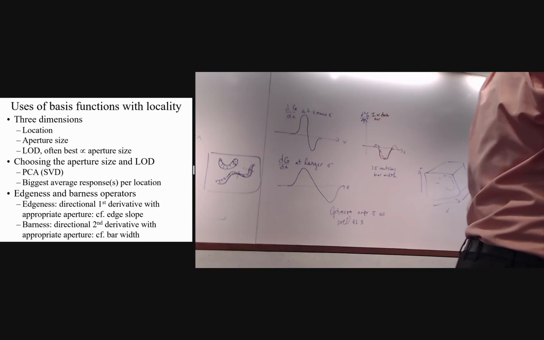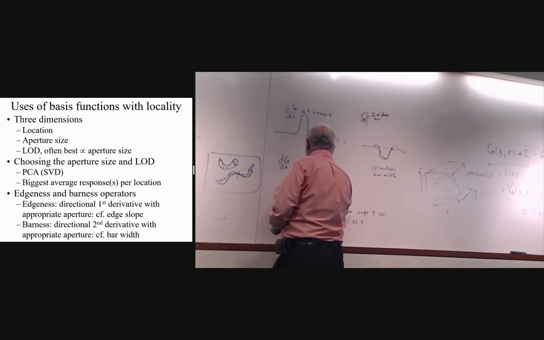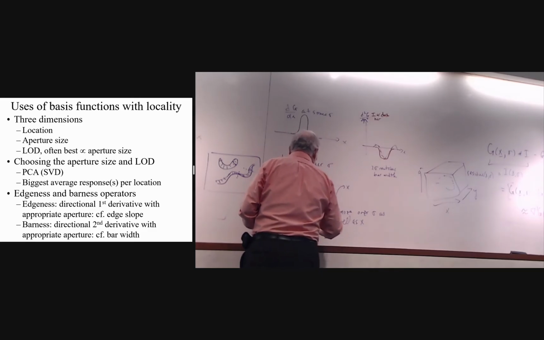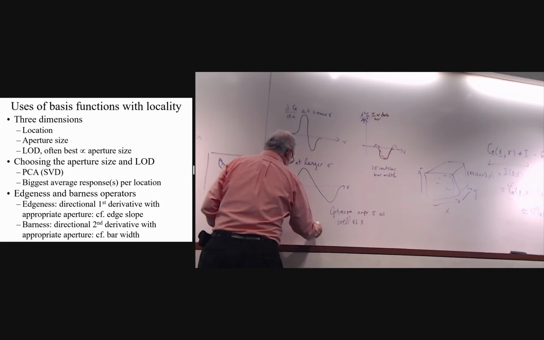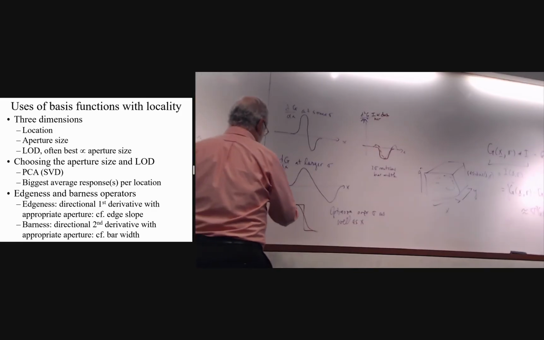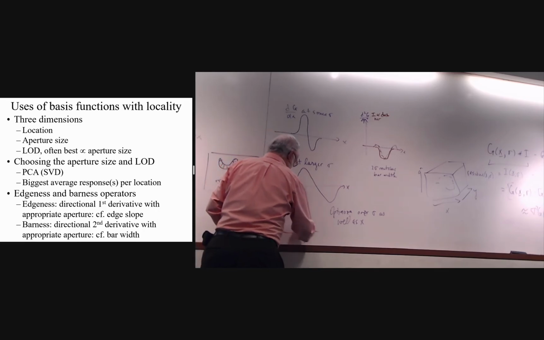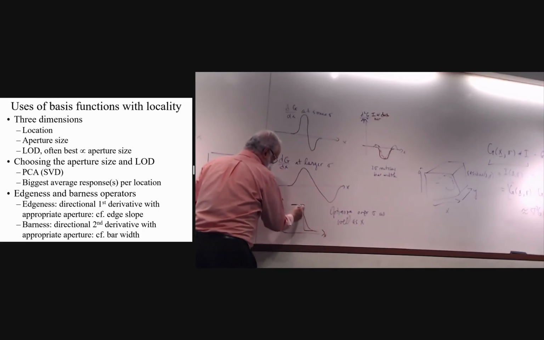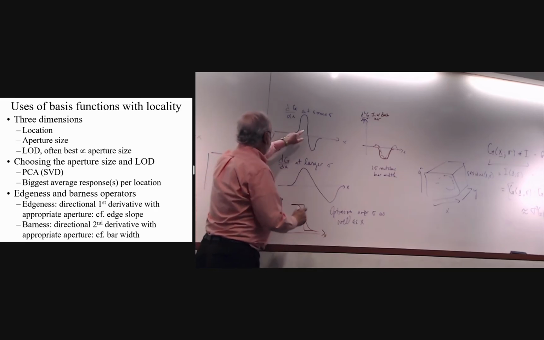Instead of the edge appearing like that in intensity, it appears like that in intensity. Instead of having this edge, this is intensity, that's x. It's like that. And if it's blurred by